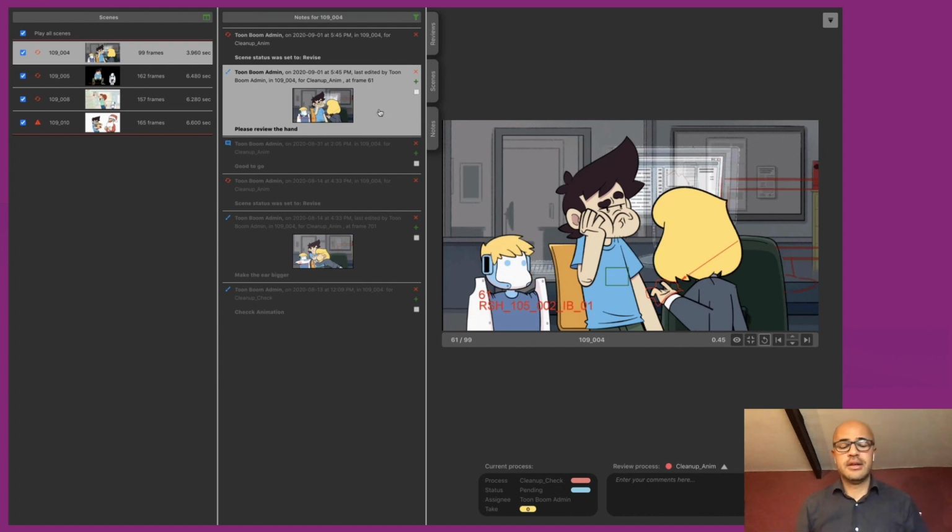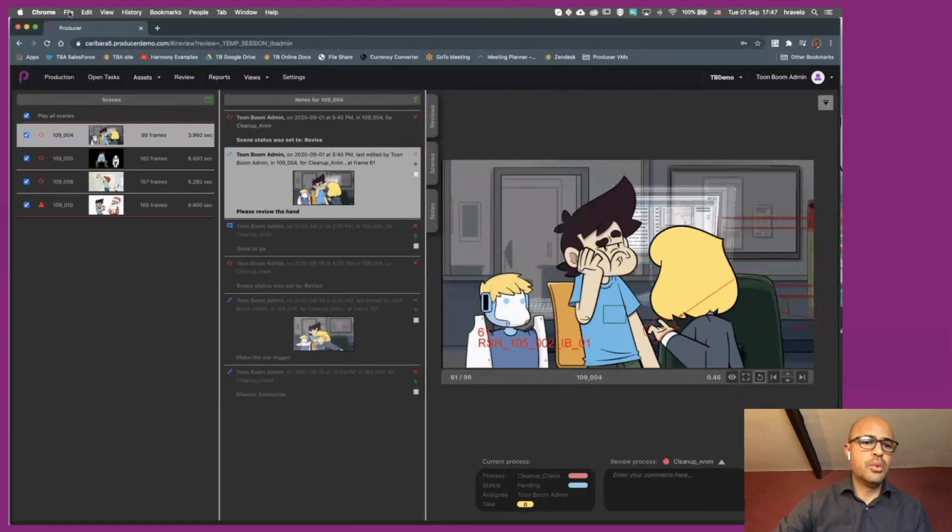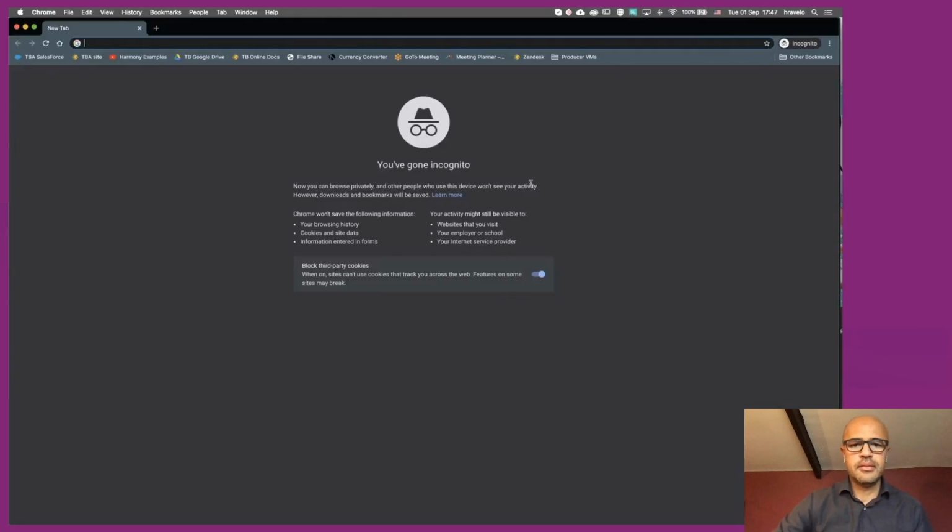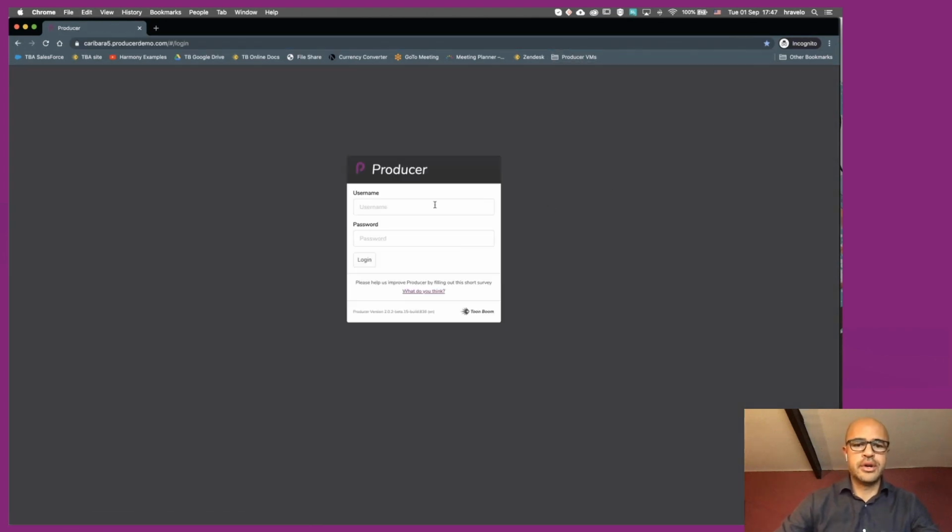Once this is done, the person who's responsible for the stage before will now receive this in their list of things to do. For this particular one, we know that this previous stage was for Leah to do. So let's actually log in as Leah and see what happens in her open task. I'm going to open a new window and log in again, but this time under Leah.